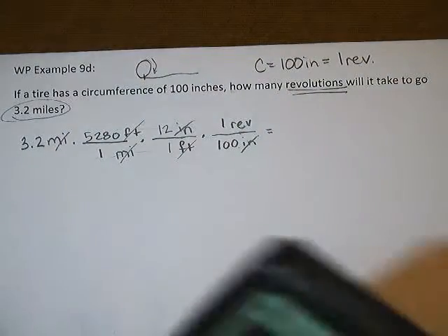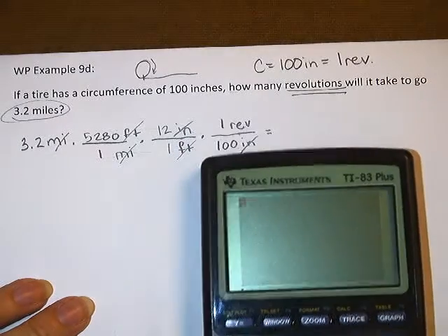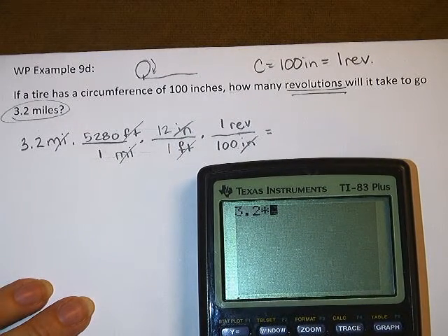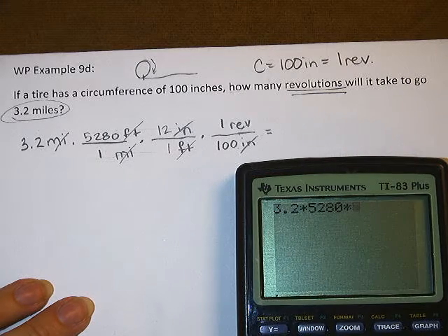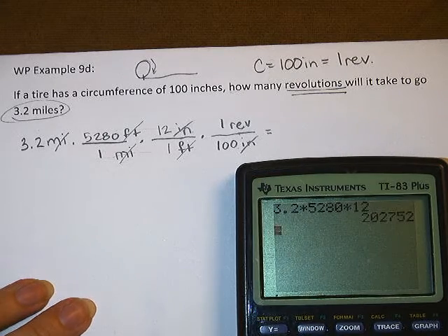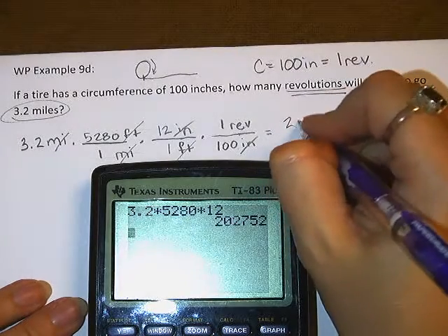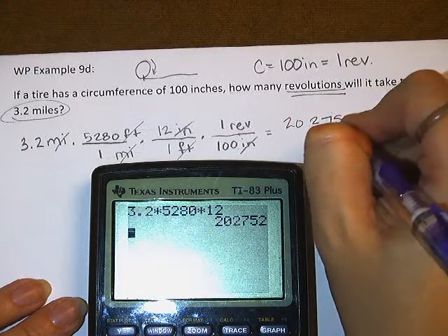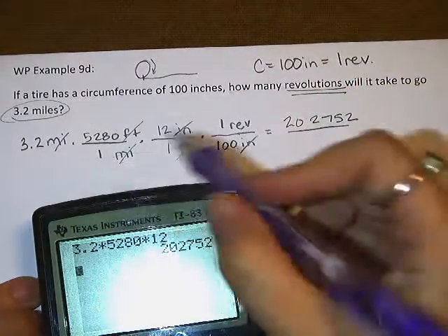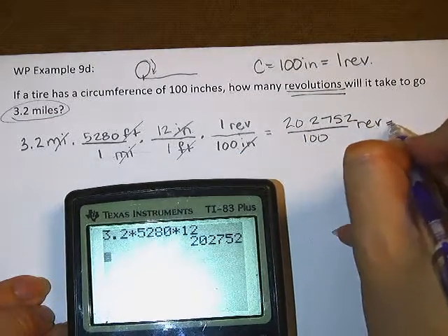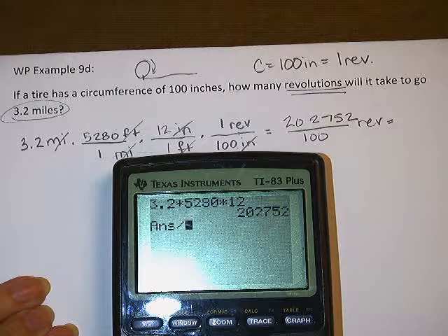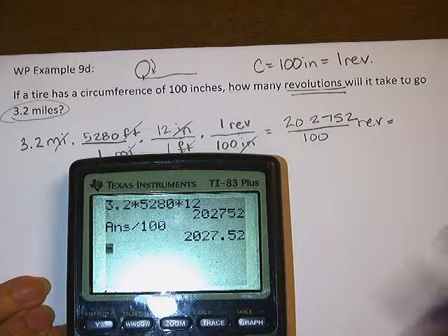Let me grab my calculator. So here we go. 3.2 times 5280 times 12 gives me this big number on top. On the bottom, okay, we just have 100 on bottom. So now I can divide that. Divided by 100, and I get